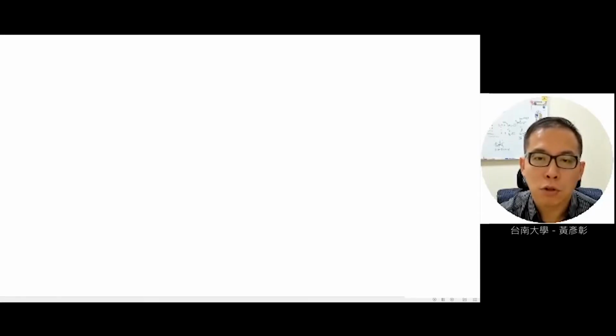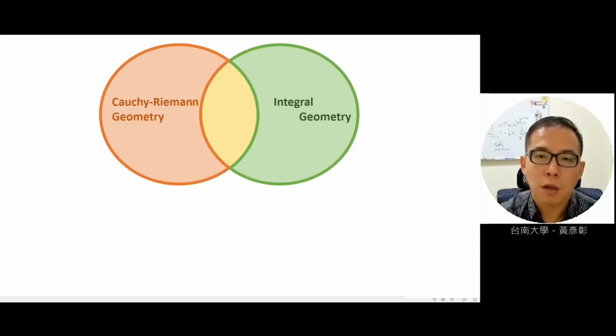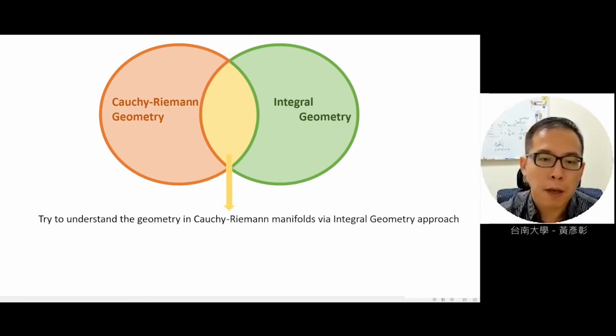I'm going to introduce my research interests. Basically, my research interests include two parts. One is from Cauchy-Riemann geometry, the other is from integral geometry. I study the intersection between those two fields and try to understand the geometry in Cauchy-Riemann manifolds through the integral geometry approach. Recently, I'm also cooperating with some faculty in engineering departments to solve some problems from image processing by